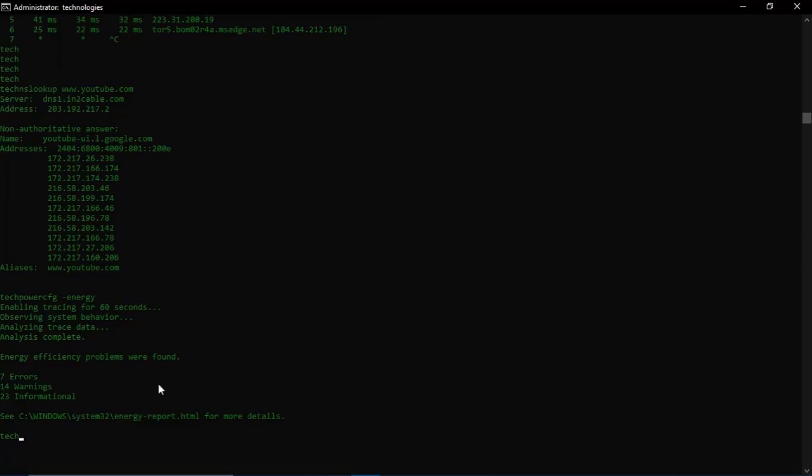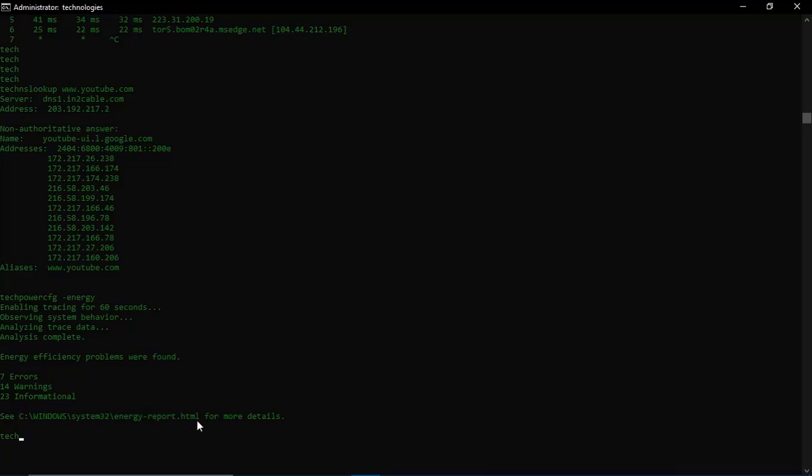You can see finally it's done. My system has small errors, not a big issue: 7 errors, 14 warnings and 23 informations. That means small minor errors. You can see all the errors using this path.